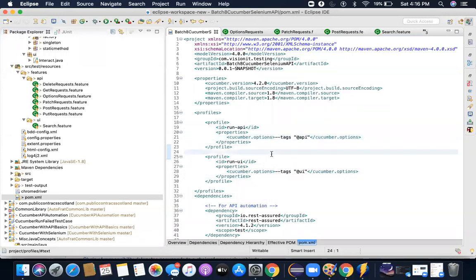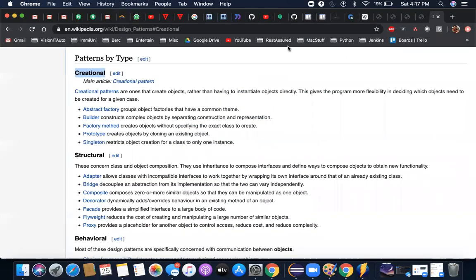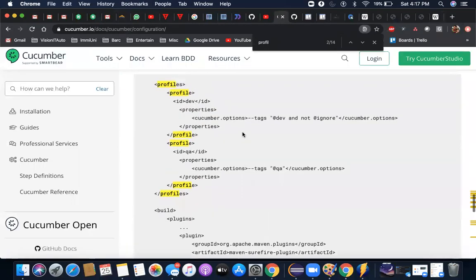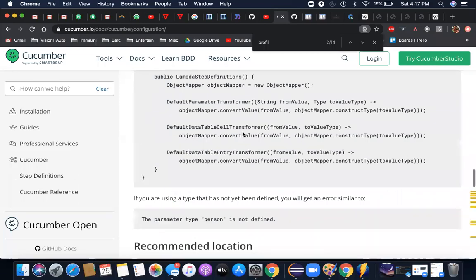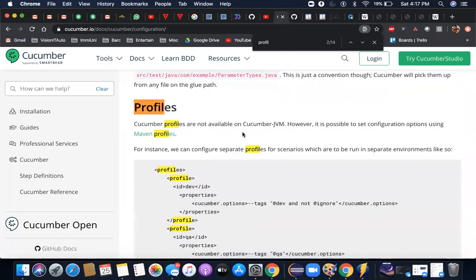Now the main problem at hand is, how will I pass this information to my runner test, right? I think at that time I also opened this link, because someone was asking about profiles last time. Cucumber profiles are not available in Cucumber JVM. However, it is possible to set configuration options using Maven profiles.